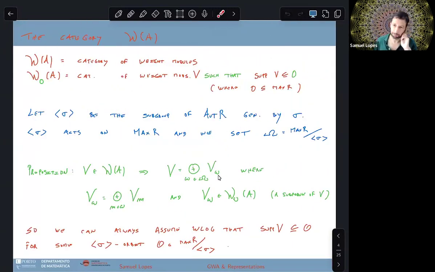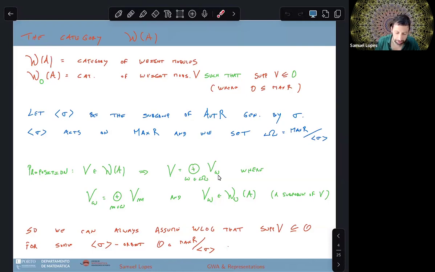Okay, so if you don't care or don't know, or it doesn't matter about categories, it's just language. I'm not going to use anything essential about categories, so forget about the word category if you don't like it. But if you consider the set of all weight modules, well, if I say it like this, it's not really a set, so I don't know if there are any logicians in the audience, but that's why I prefer to say category. But let's allow this the set of all weight modules,